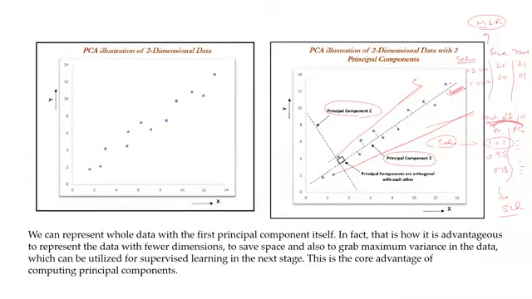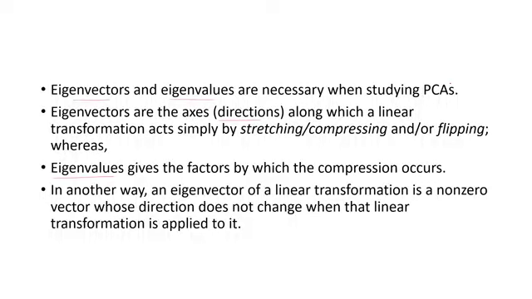But if you want to reduce the dimensions, then go with the initial few principal components by checking the eigenvalues, and see how much overall variance you can capture with the initial 3 or 4 principal components. With that, you can take a call whether you have to go with 2 or 3 or 4 or 5, which you can decide based on the eigenvalues. So that's the difference between eigenvectors and eigenvalues. Eigenvector will give you the direction, and eigenvalues will give you the amount of variance captured by these principal components.